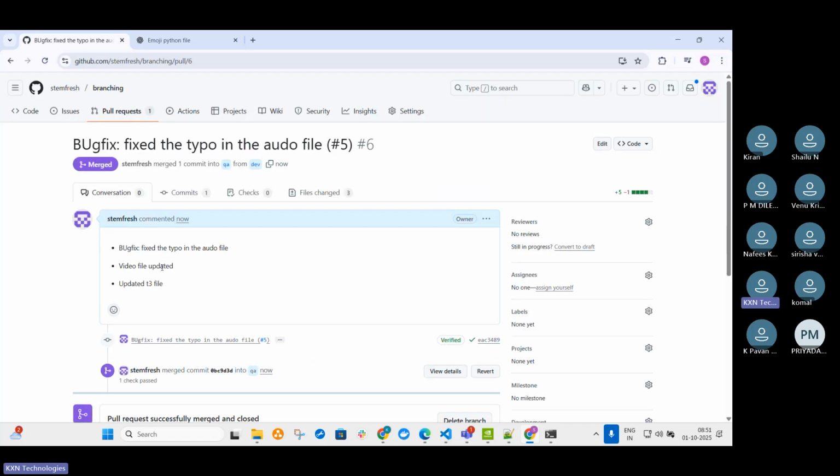This is very helpful. Many people who are working for more than 5, 6 years also don't know about this command. They don't know about this use case. Okay. Now it got merged to QA. Let me do it for